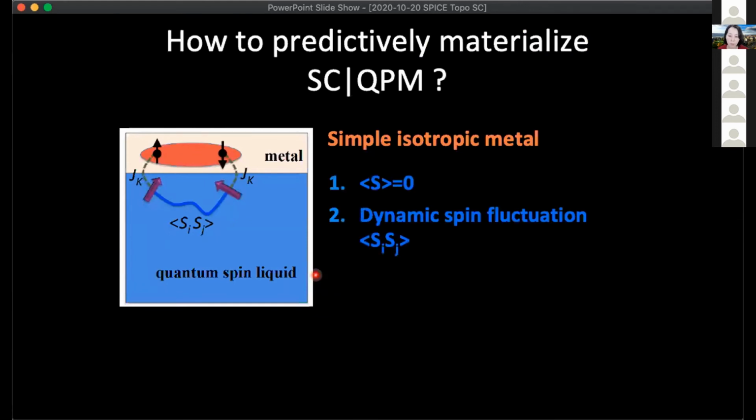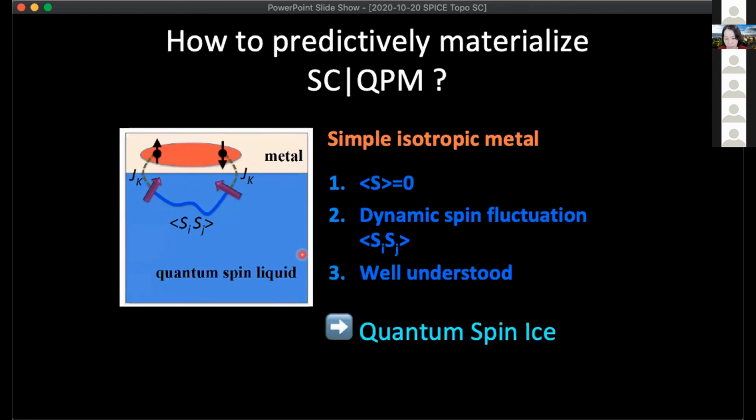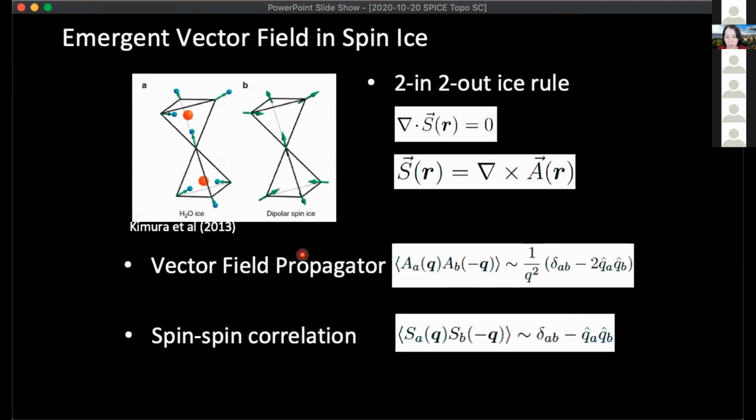So we would like the metal side to be as simple as possible so that it does not have a mechanism of its own. And we want to know the spin system as well as we can. The idea is very simple. Let's take two systems that we know well, and then let's couple them. And if there is superconductivity, we would know what is going on. Now, the system of choice